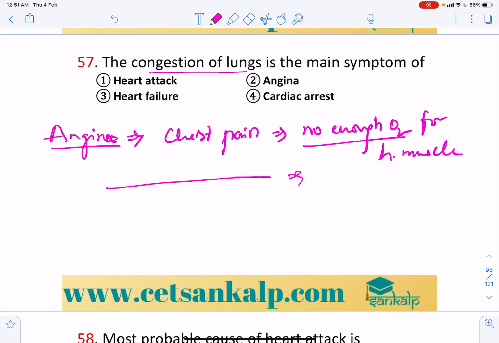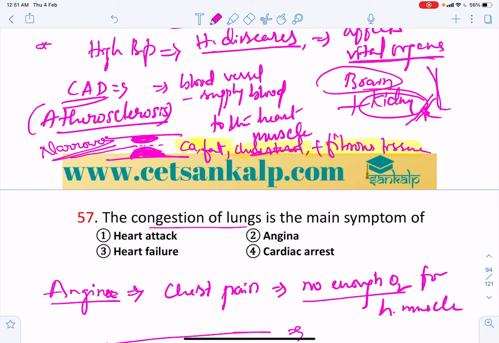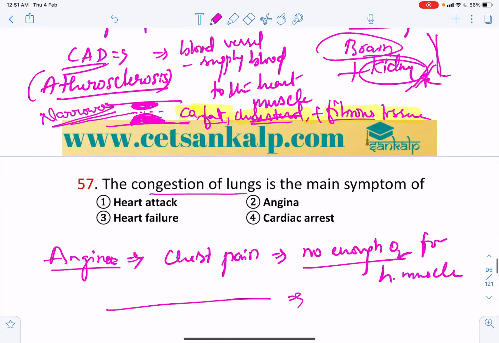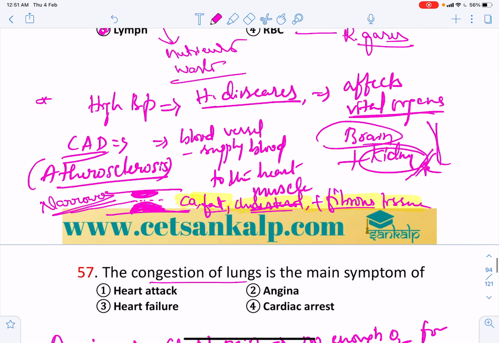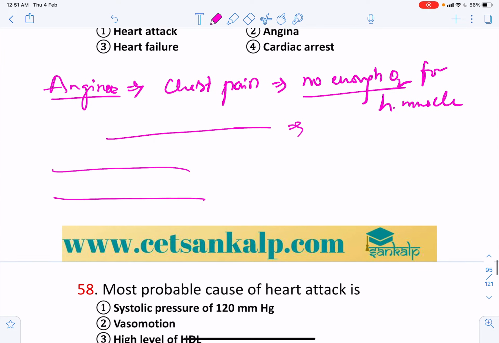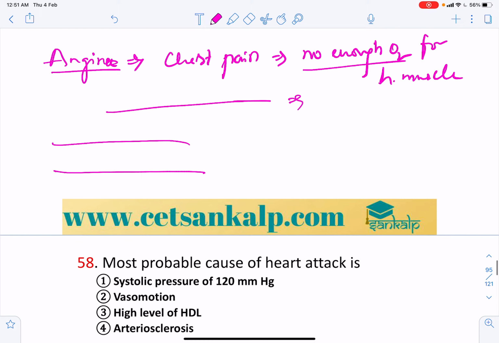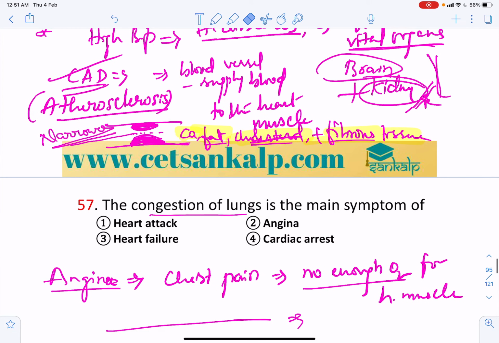That is what we have mentioned, atherosclerosis, or you can say arteriosclerosis. Atherosclerosis: deposition of all those things, calcium, fat, cholesterol, fibrous tissue. Arteriosclerosis, the arteries, right? Mainly here we can say the coronary artery in case of CAD, which supplies blood to the heart muscles. Whereas in all other arteries, only calcium is deposited in the lining of the artery. See, this is very important. Here in the lumen,